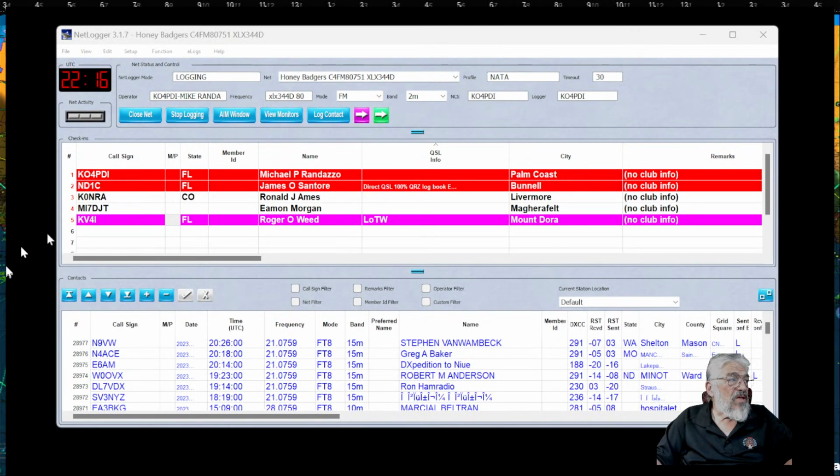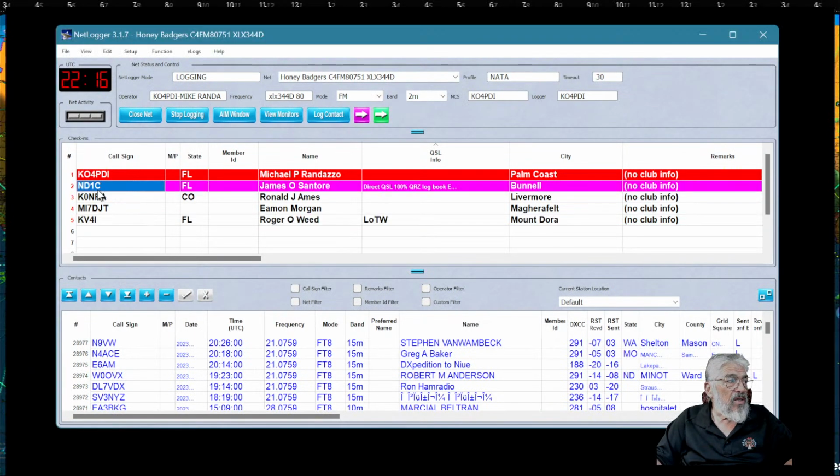Okay, so now, say I want to talk to Jim first. I'm going to go in the order they checked in. I highlight Jim. So anybody that opens up NETLogger and browses our net will see the same screen. And the one in pink is the one that will be talking. I think the maximum amount of people I ever had on here was like 25 people one time, and had a whole list of people there.